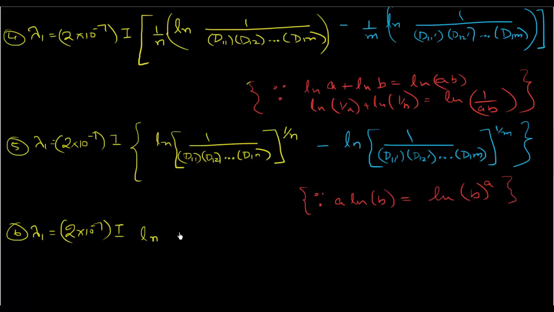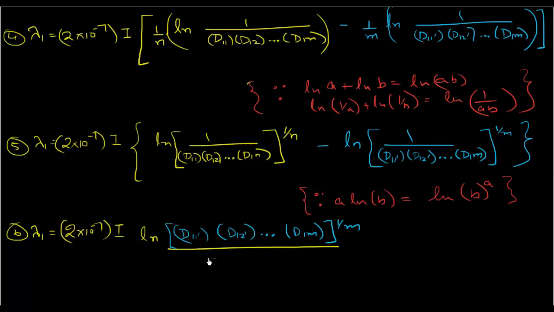So you're going to get ln of, so I'll change colors again, write this, so on all the way up to d1m, and all of this is raised to the power 1 over m, and then we divide this by d11, d12, so on all the way up to d1n, and this is to the power 1 over n, and this is because